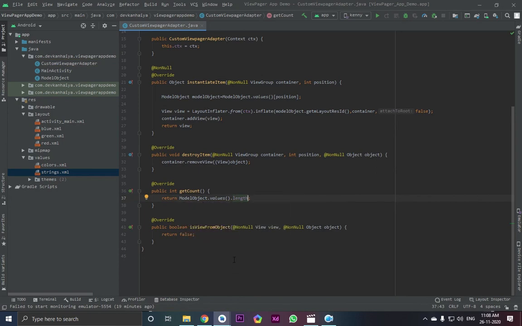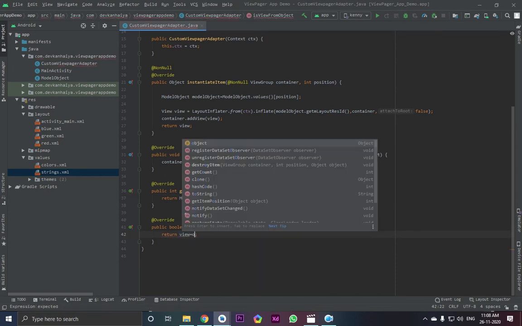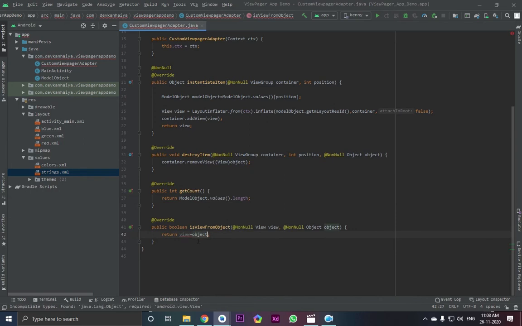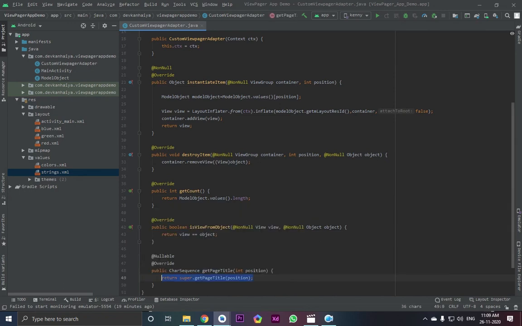After that we need to pass view is equal to our object. As you see, it's showing error here, because this sign is for assignment. If we write another one, this is equal to view is equal to object. We are getting view on object. So our another, that is get title. So to get title, we need to get title.